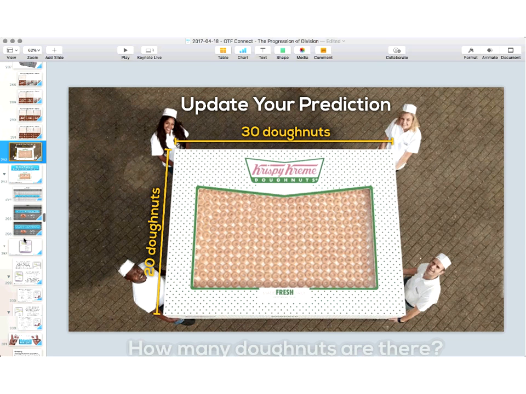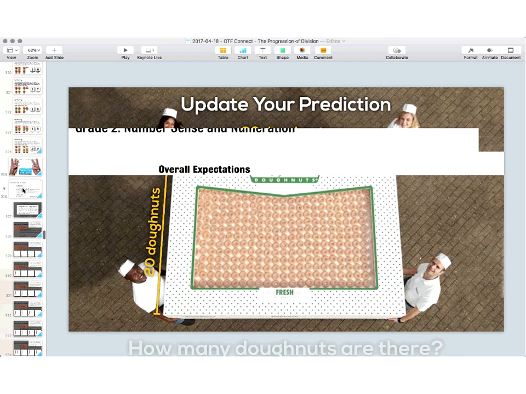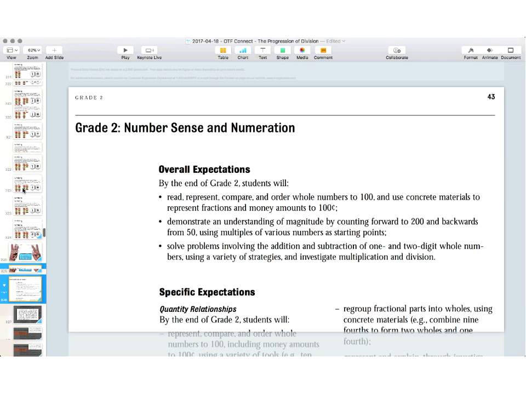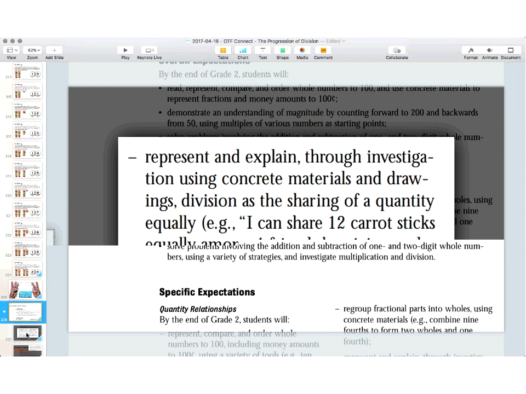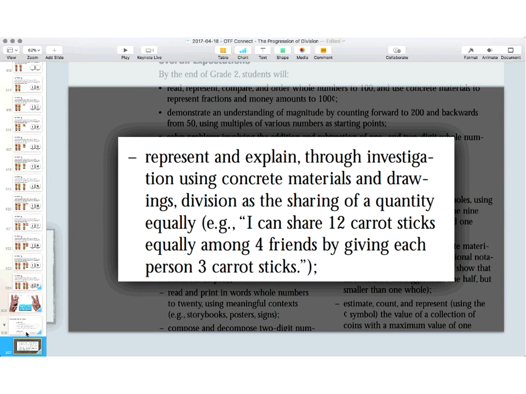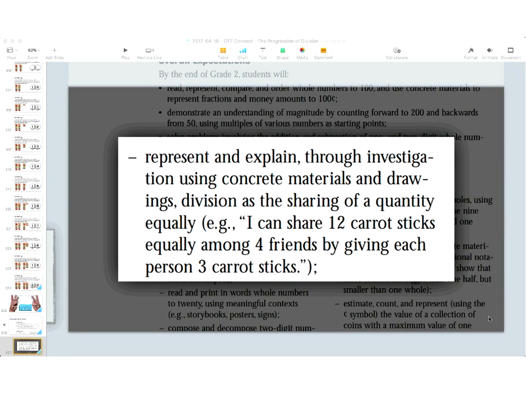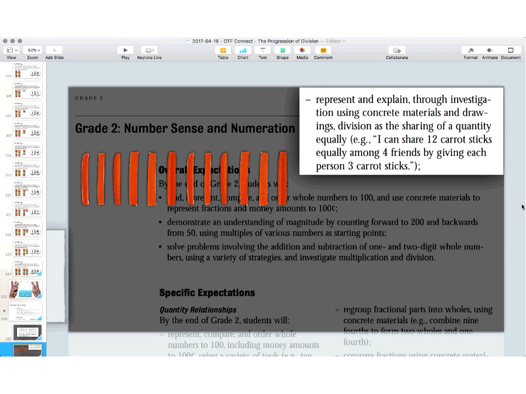So what I want to do now is turn the attention here to where division begins. I'm going to slide on down to our grade 2 number sense and numeration strand, and we're going to pop up this particular expectation, and I'm going to have you go ahead and draw yourself a picture. We're not going to share this one out, but I'll have you draw this picture and think through how would a student fair share 12 carrot sticks equally among 4 friends.